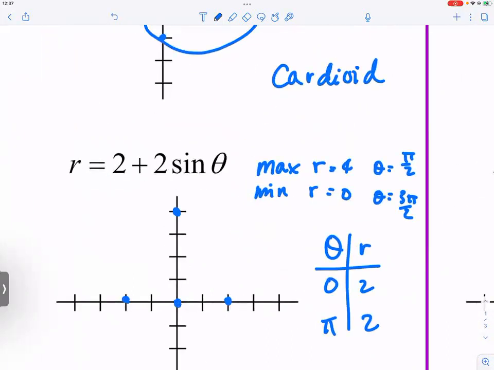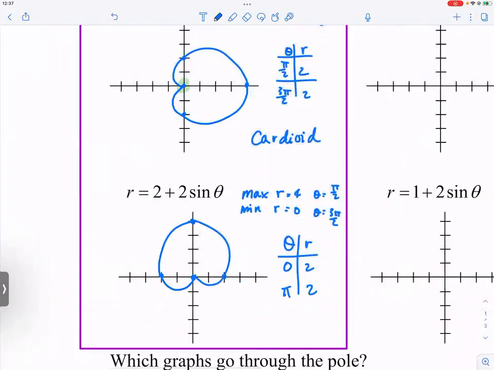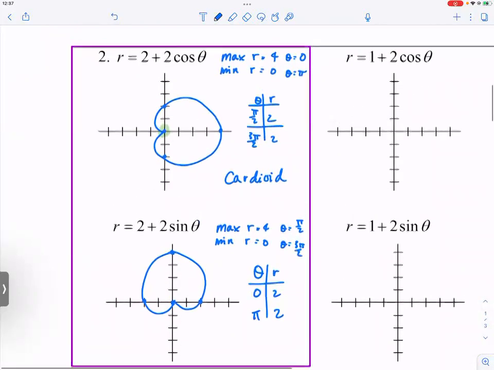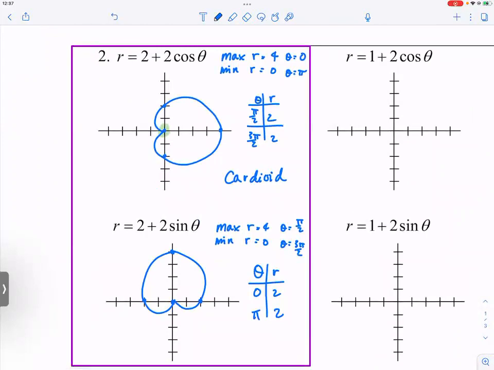So what you have here is a cardioid that is kind of pointing north and south, like this. So that's the cardioid. Right, so you can see that you have a maximum R value, and the minimum R value is always 0. Now you have a better idea after we go through all these 3 sets. Okay,